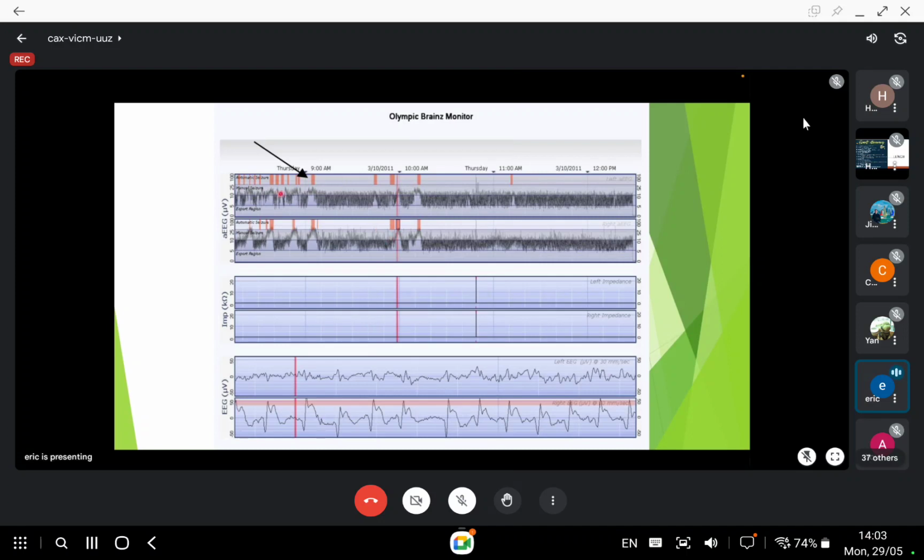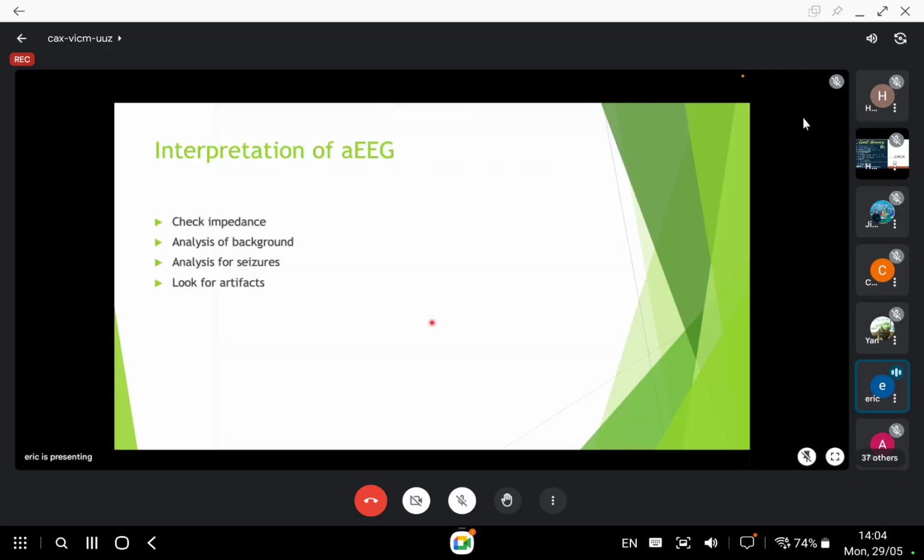Secondly, it should show the AEEG. If it's a double channel, I have the left side and also the right side. Okay, and then you have the raw EEG down here. The raw EEG part actually just corresponds to a small fraction of the highlighted area in the middle. So generally the AEEG will have a bar like this, and then you can select it and click it in order to get your raw EEG. Okay, so that is how we set up our